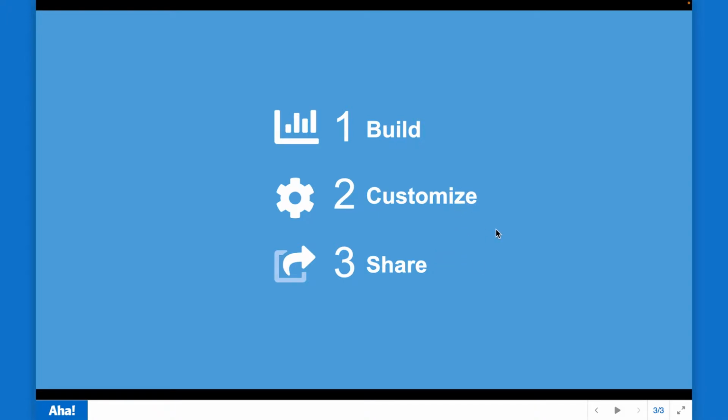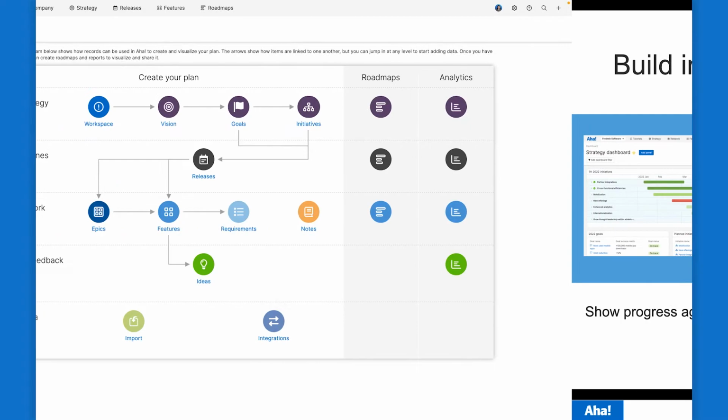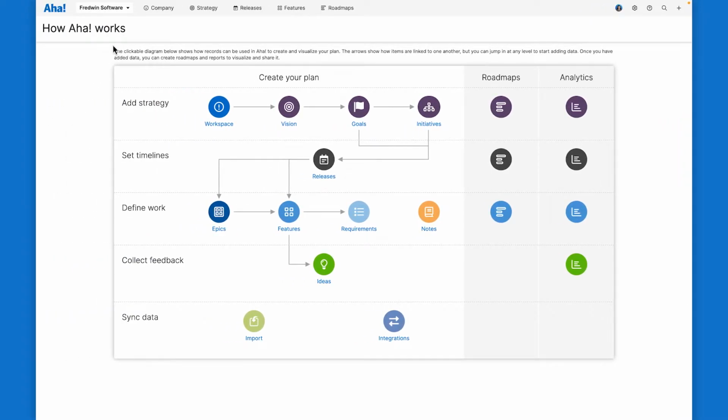And I'll remind you of how these 3 steps apply as we go through each of our 3 roadmaps here. So let's get into Aha! and start building our roadmaps. So here we are in Aha! with our example fitness software company, Fredwin, and we are going to start with